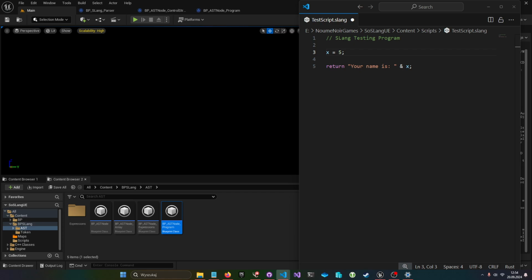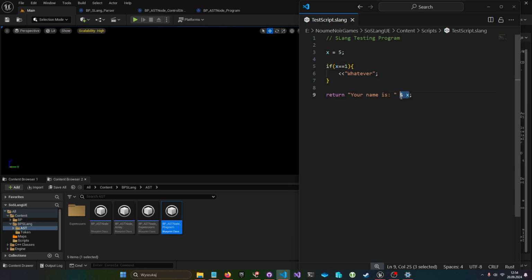What's next? Well, every programming language needs some kind of control structures. So you can't really have a program that is Turing complete if you don't have branches. So my language also has branches. So let's say we have some kind of a simple branch. This is if, and we can just check if x equals whatever we want. So 1. And if that is equal to 1, then we can, I guess, print something. And let's print whatever.